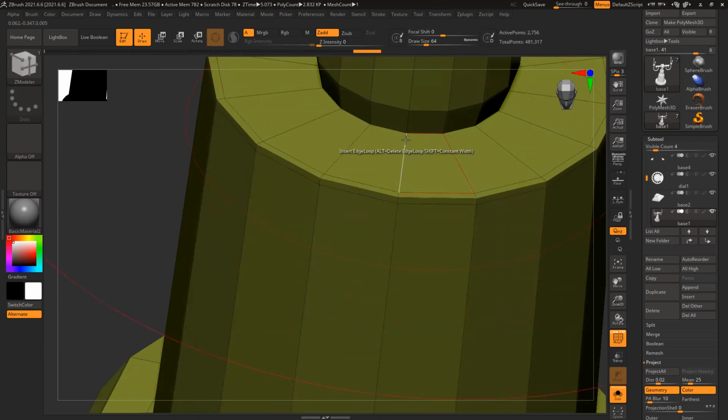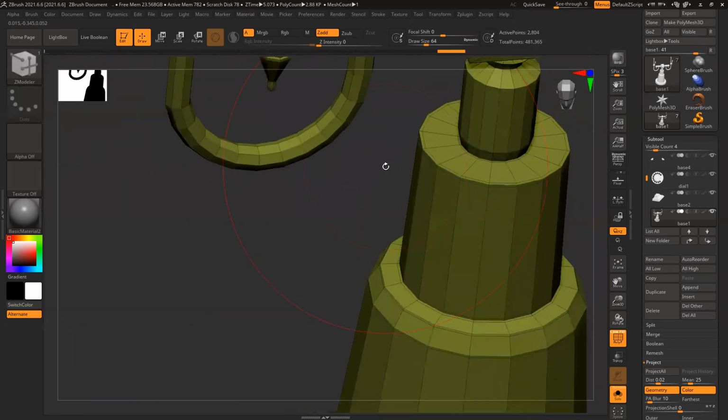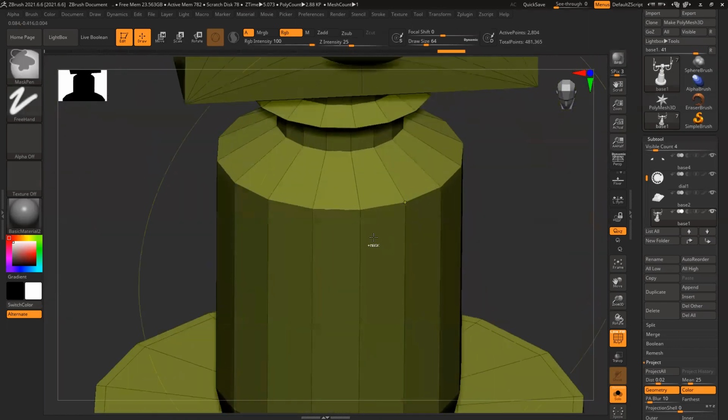This I can do in Max also, with the help of Swift Loop.